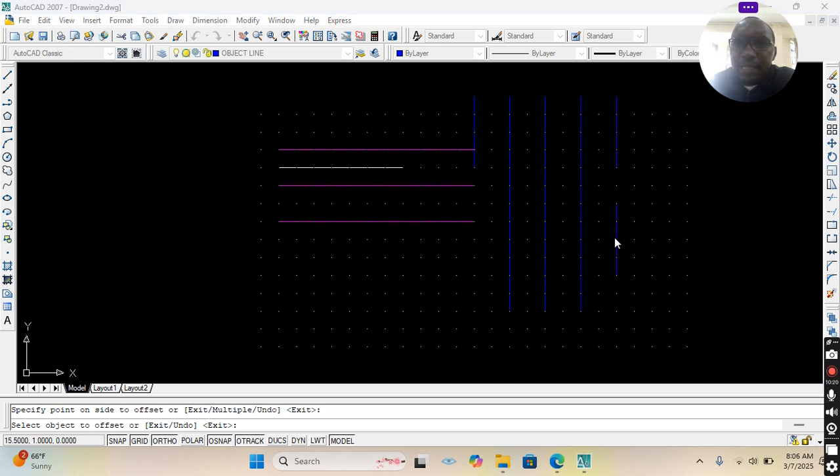So in offsetting, we are setting it either to the right or to the left. So if I want to pick, for example, to the left,